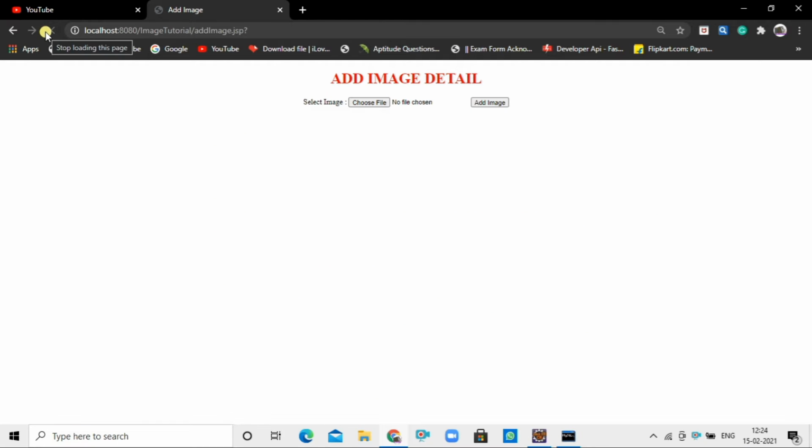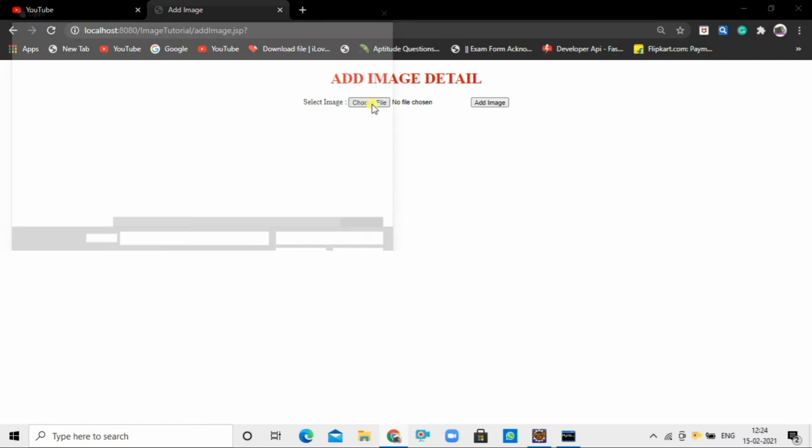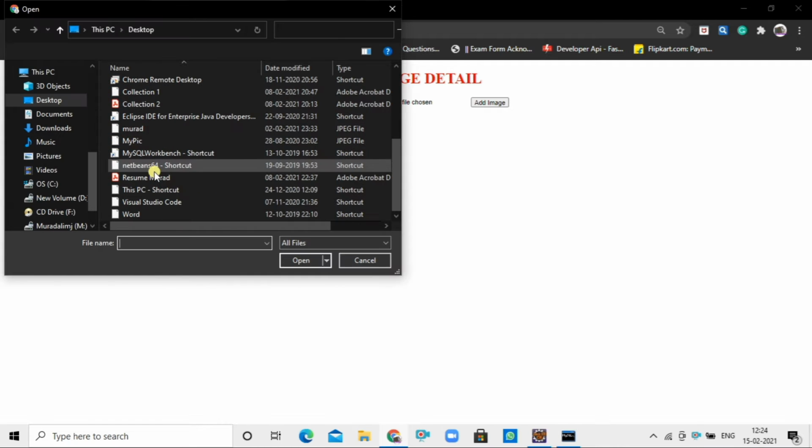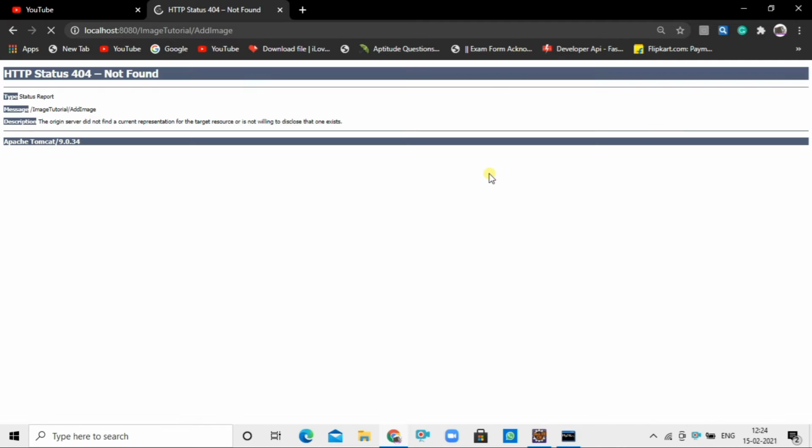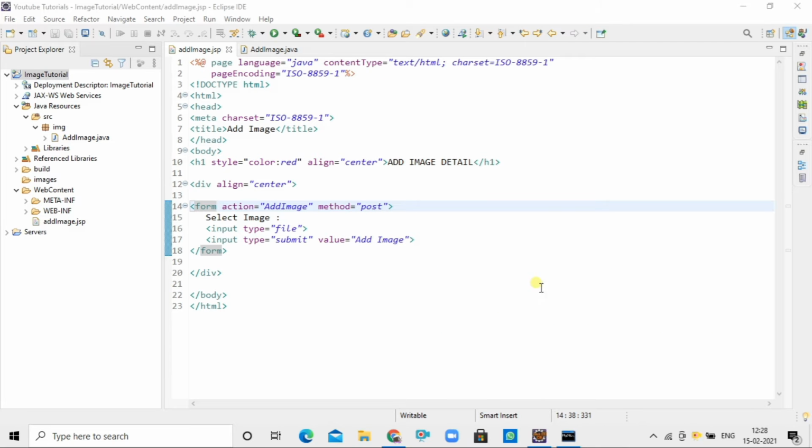Refresh it. Let's see whether it prints the line on the console or not. 404 error. Okay, since we are dealing with type equal to file in the form, here we have to mention enctype equal to multipart/form-data.